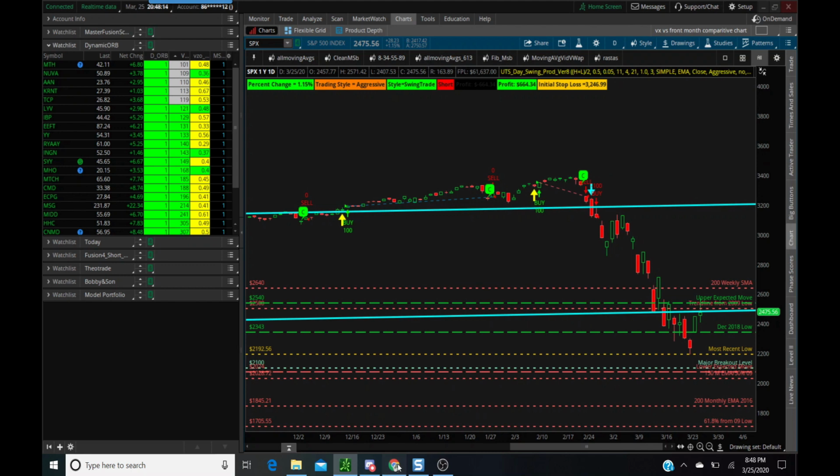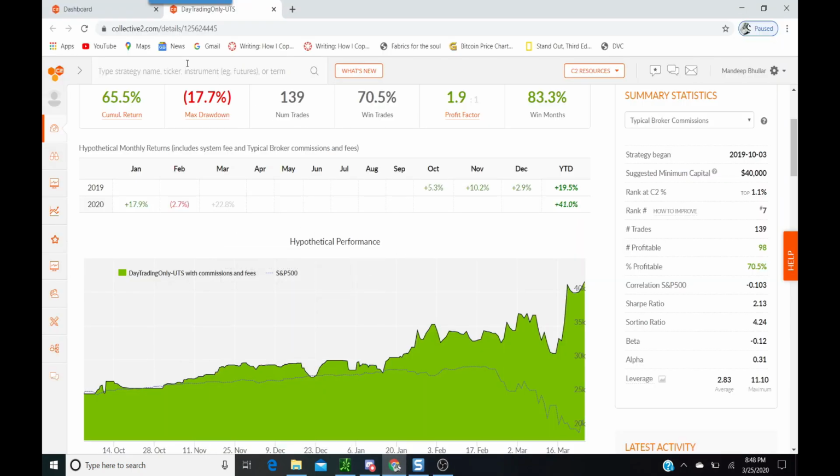I'm going to switch you and show you something else as well. So this is a site which is Collective 2, where I track all the trades using the Ultimate Trading Strategy, and I've been tracking the trades since October. And as of last year, just trading this strategy, we returned 19.5%. And in this year, which is 2020, which has one of the worst stock market declines in history practically, which is the month of March, the system has actually generated a profit of 22%. So instead of being down 30-40%, you would actually be up